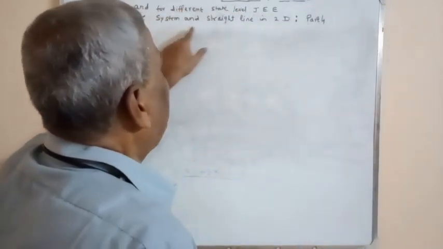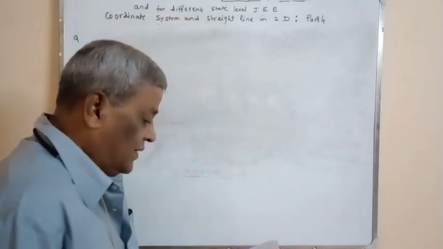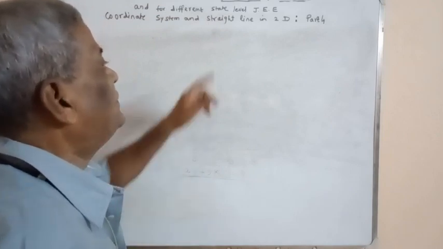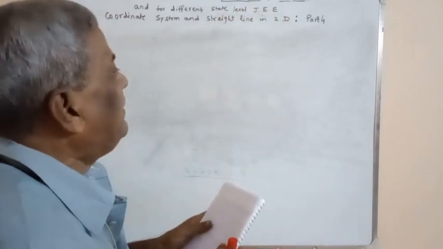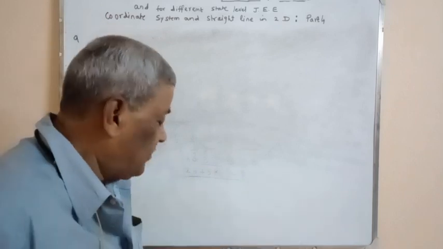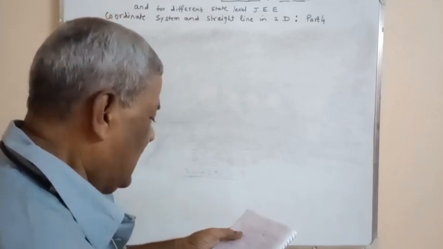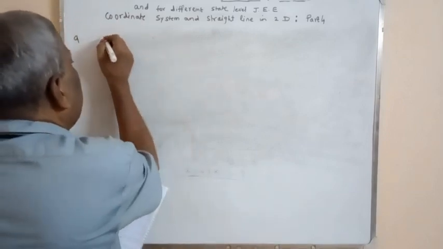Welcome to part 4 of the chapter Coordinate System and Straight Line in Two Dimension. And we are discussing the chapter for preparation of JEE Main and Advanced and for different state level joint entrance examinations. Today, first problem is problem number 9 of that chapter, and the problem is the number of points on